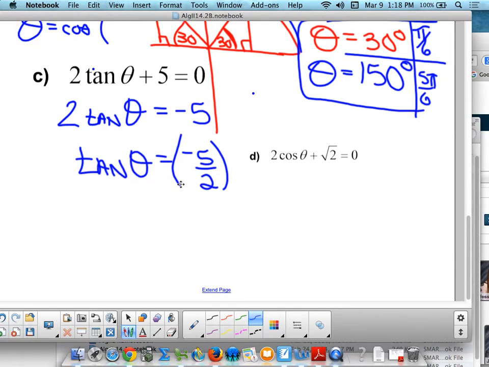I'm hoping this is not the hard part, right? Subtract 5, divide by 2. Really, it's tangent of what angle gives us -5/2. That's all it is. So how do you get rid of the word tangent? Inverse. Inverse tangent knocks it out. Theta equals inverse tangent of